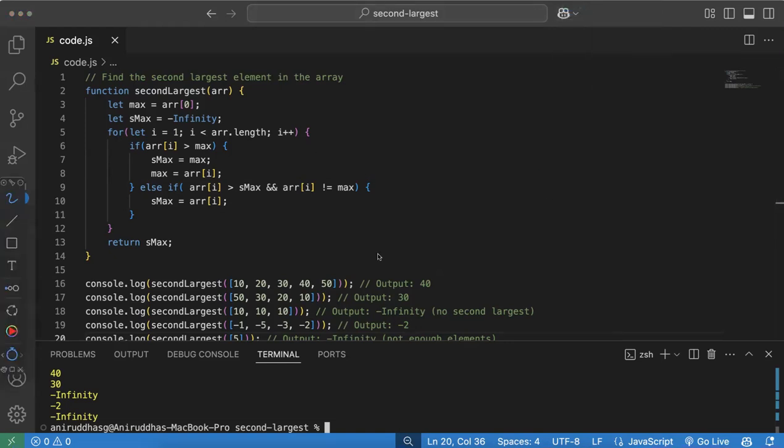So let me briefly speak about what this particular condition is doing. This condition is for when all the elements within our array happen to be the same. So when I have 10, 10, and 10, we know that max will be set to the first element in the array, and our second max is set to negative infinity. When we start performing the loop, the value